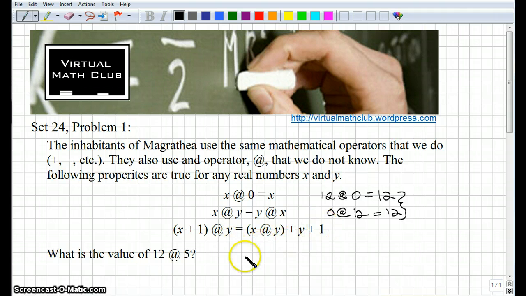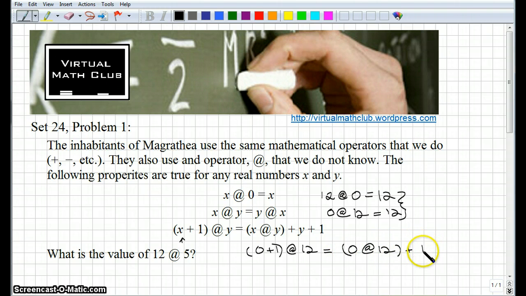If I know 0 at 12 is 12, then I can say 0 plus 1, using 0 in place of x, at 12 is equal to 0 at 12